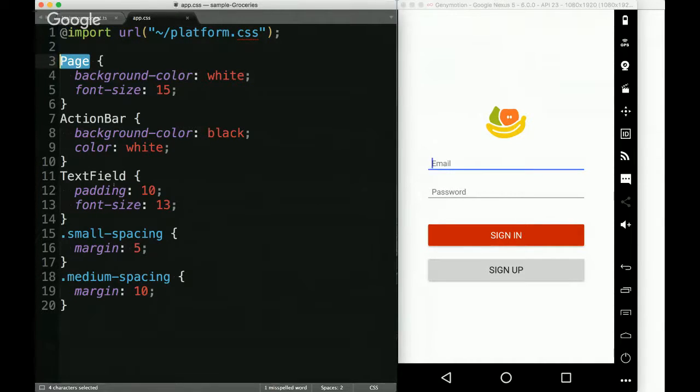Now, the one big difference is in how these actually work. Remember how I said earlier that there is no browser here. This isn't like the equivalent of going into the Chrome DevTools and saying, oh, the background color is white here. There's actually a native component that's controlling this page. So again, what NativeScript does is parse this CSS file